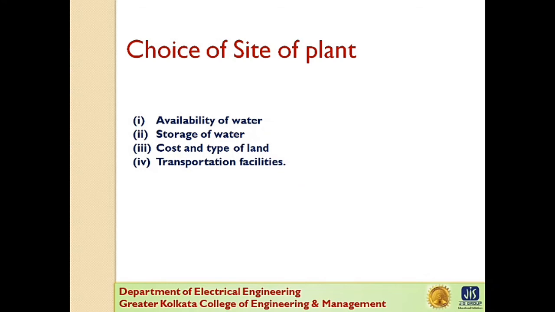Next one is storage of water. Now, there is wide variation in water supply from a river or canal during the year. This makes it necessary to store water by constructing a dam in order to ensure generation of power throughout the year. The storage helps in equalizing the flow of water, so that any excess quantity of water at a certain period of the year can be made available during times of very low flow in the river.